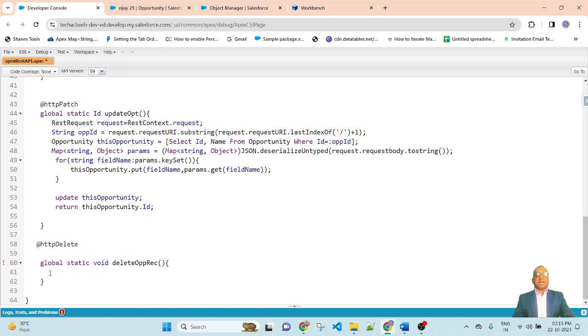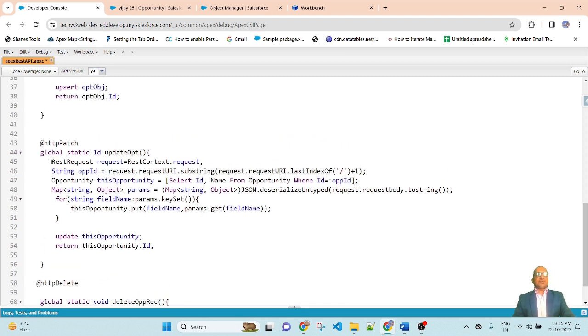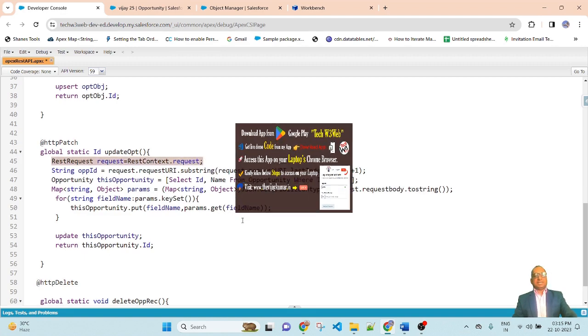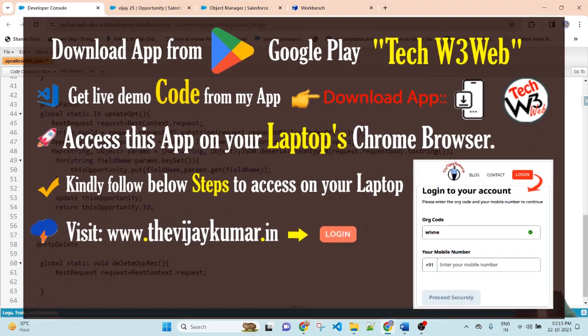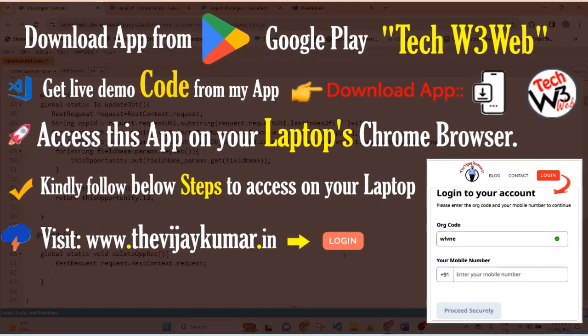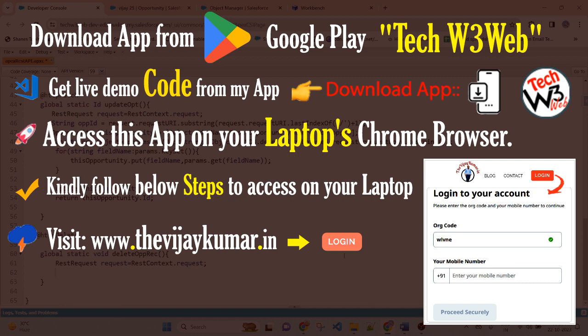Inside the method, I will use RestRequest. In the previous lesson, I used RestRequest, this one. So copy the RestRequest function and paste it here. After that, I will create a string type variable where we will store the opportunity ID.